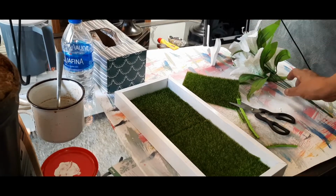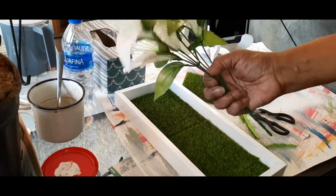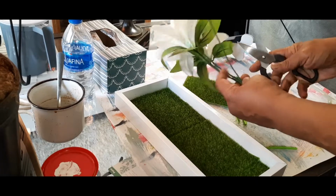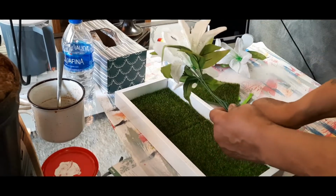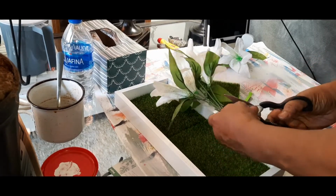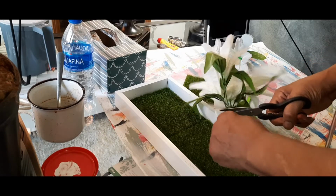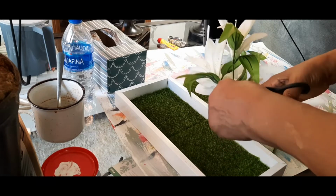So now I don't have any white. I don't have a lot of stuff, right, guys? So we're gonna do our best to cut these off. I need some wire. Oh, wow. Ow. The first one is easy, but